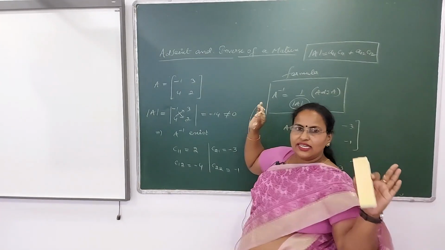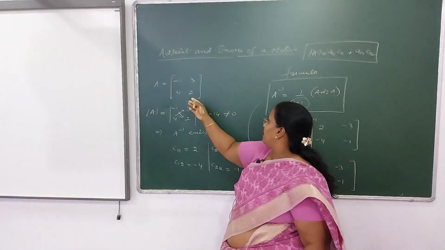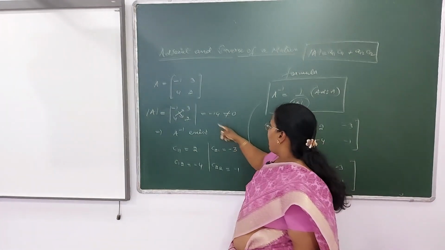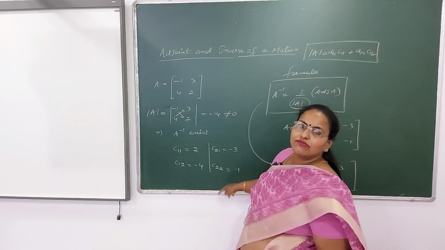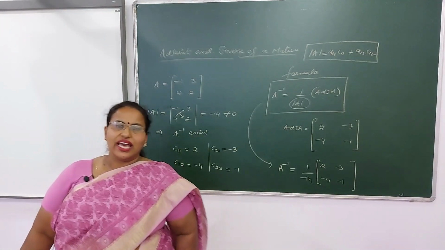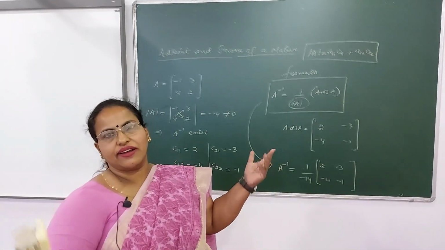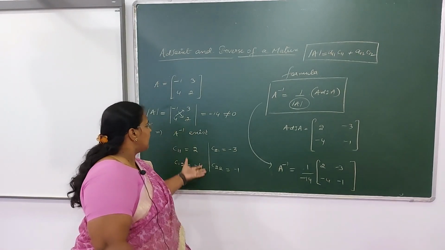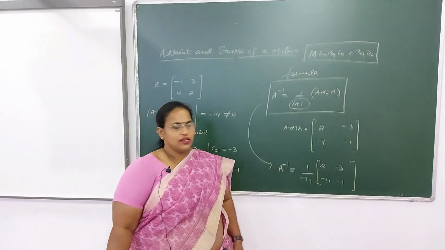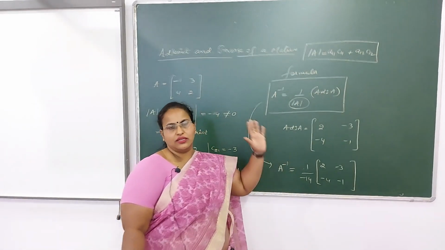Now let us see the second row. The second row cofactor multiplied by the second row element. It's 4 into minus 3, it's minus 12, and this is minus 2, it's minus 14. So using this formula you can check whether the determinant value as well as the cofactors are correct or not. And if these are correct, then definitely there is no issue in writing this. That means this answer is 100% correct.